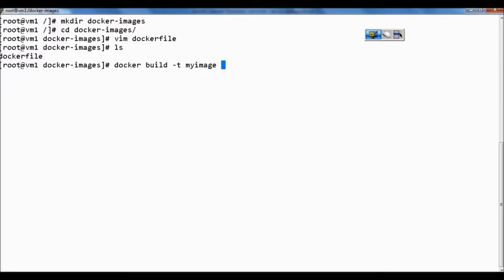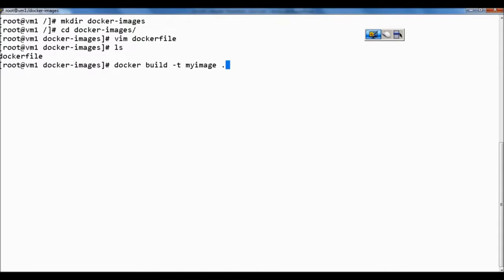Whenever we are issuing this docker build command, the directory in which we are issuing it becomes a build context, and Docker file is expected to be present in this build context. So as our Docker file is present in the same directory where we are issuing this docker build command, dot indicates the Docker file is present in the current directory in the build context.